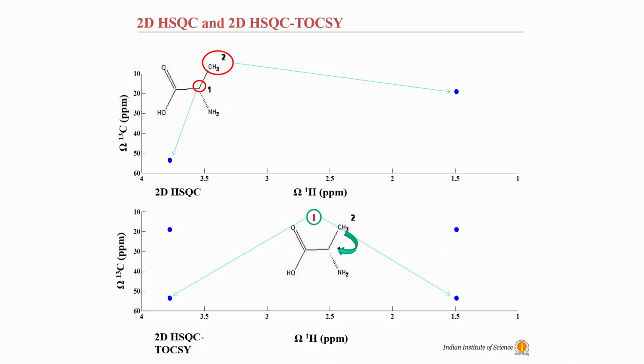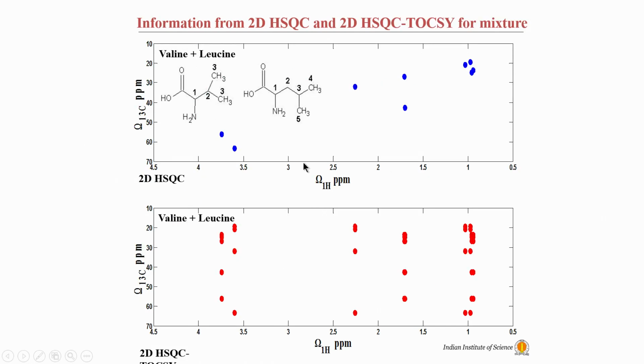So, remember, one of the goals in protein NMR, which we will see eventually, is that if we want to assign a protein, we are trying to assign amino acids. Suppose I have 100 amino acids in my protein, I have 100 spin systems in the molecule. So, I need to identify each and every spin system from my spectrum. This experiment, TOCSY, helps us to do that. So, let us see how it helps.